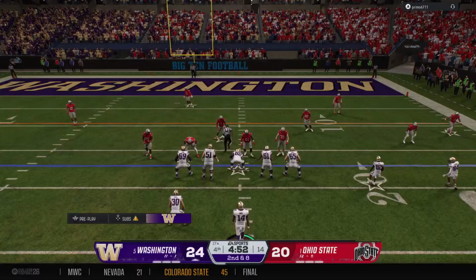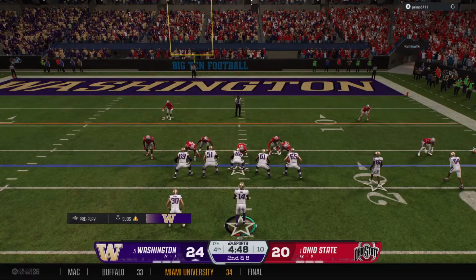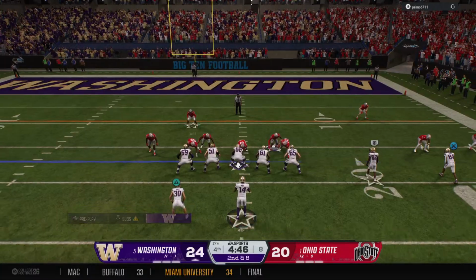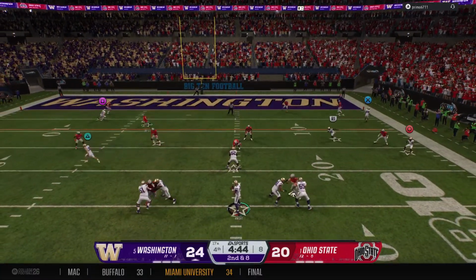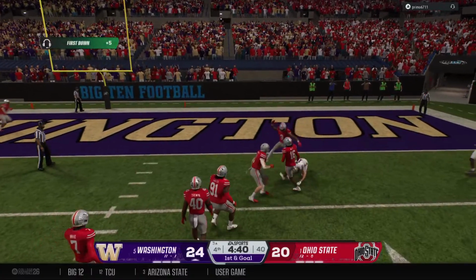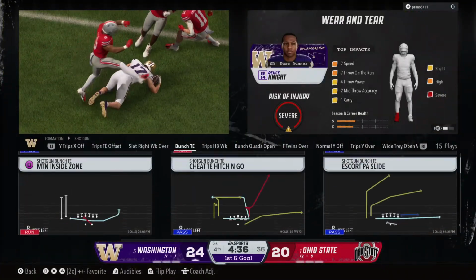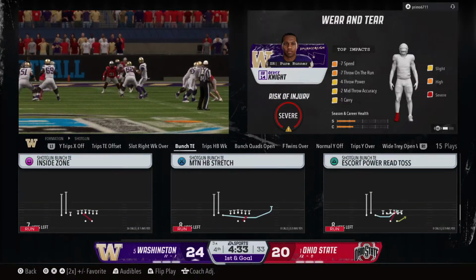Drive has already taken more than 3 minutes off the clock to come up on 2nd down. Back to pass. It's Knight. Lets it fly to the wideout. Pass caught. Can he get in? Down at the 3, but that's enough for a 1st and goal.